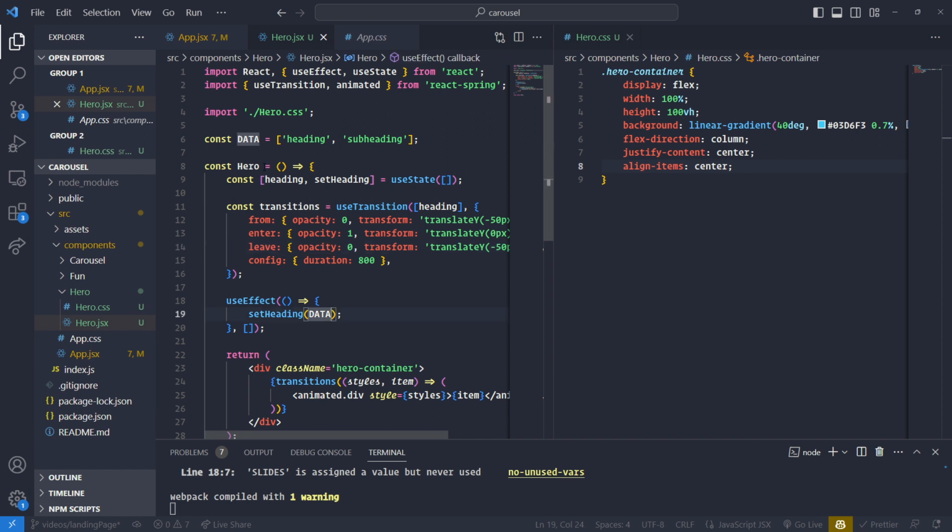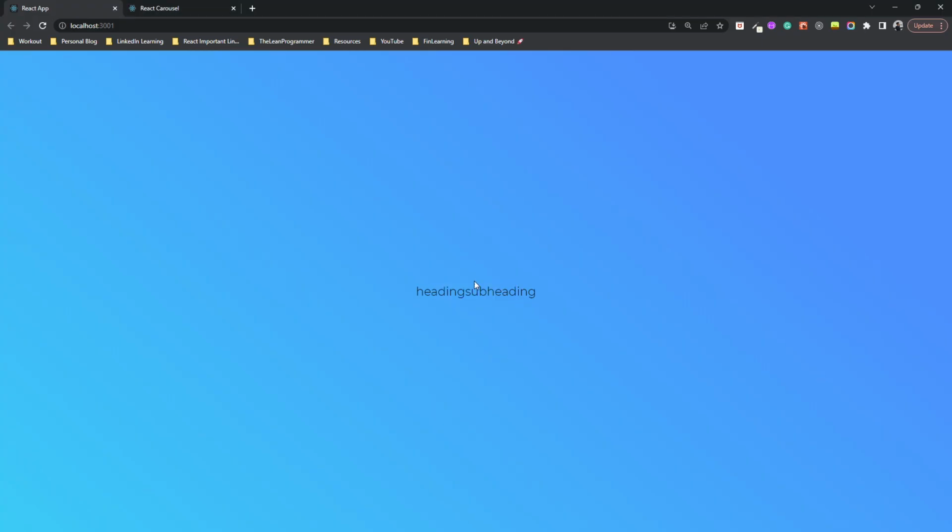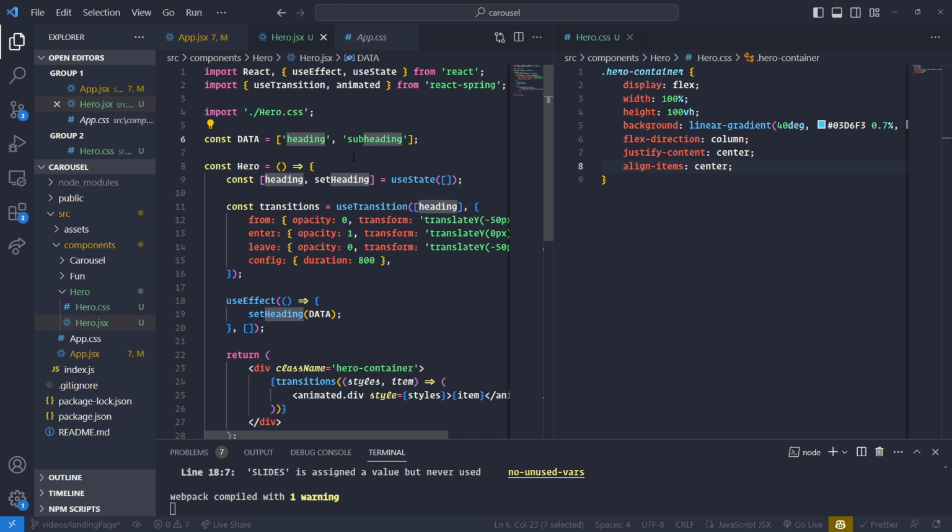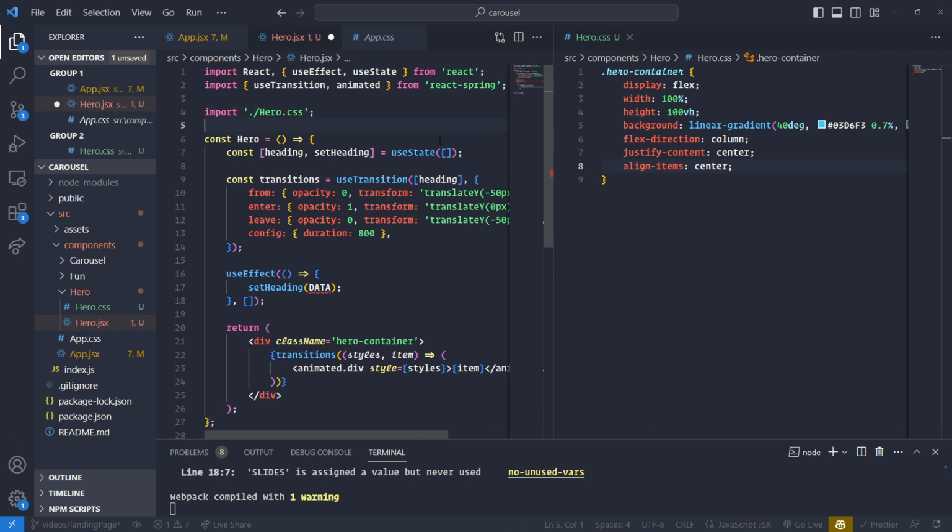But anyhow, coming back. I was saying that okay, this can be a good way, but I don't like this. Why? Because there can be a lot of other things other than the heading and the subheading that we might want to show to users. There can be an image, there can be n number of things. I don't really want to store all of these things in my data array. So instead of putting the whole data in my state, which is not at all required,